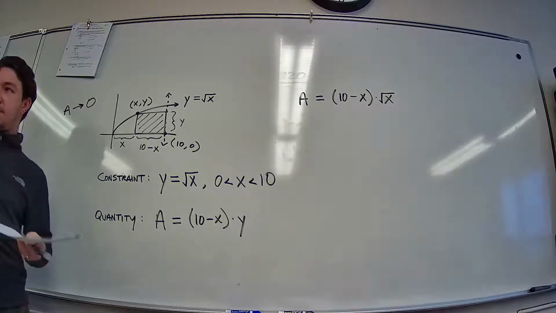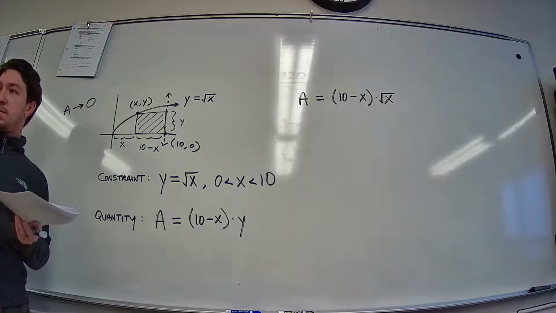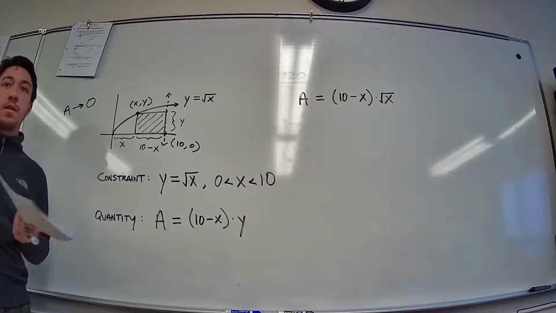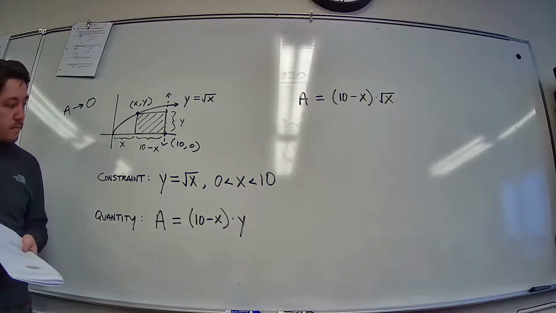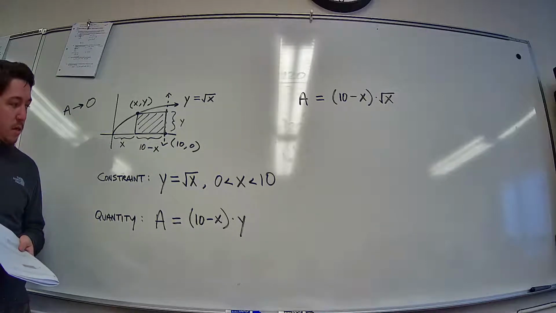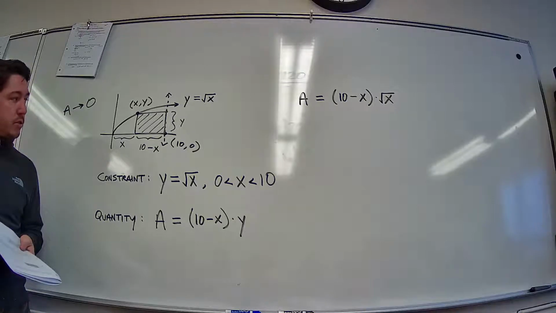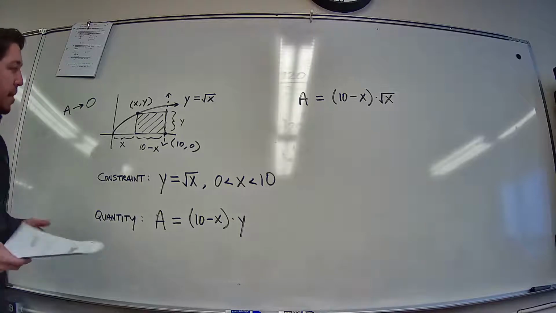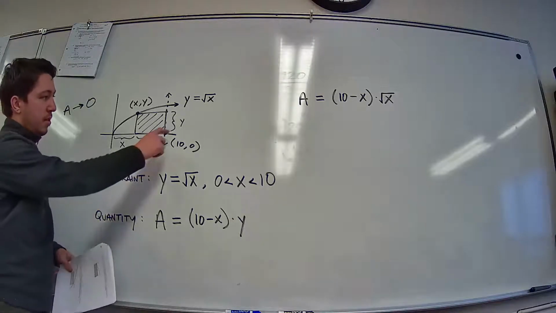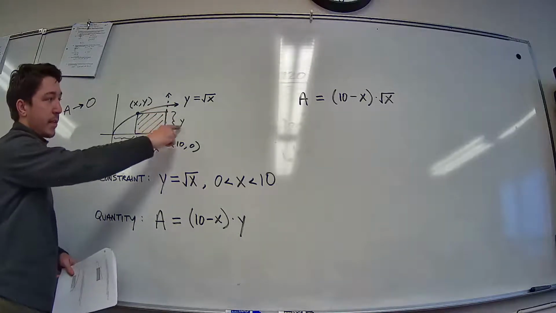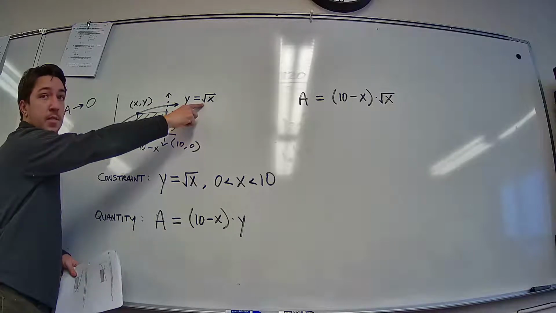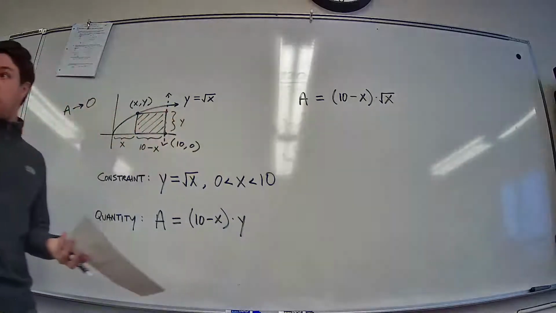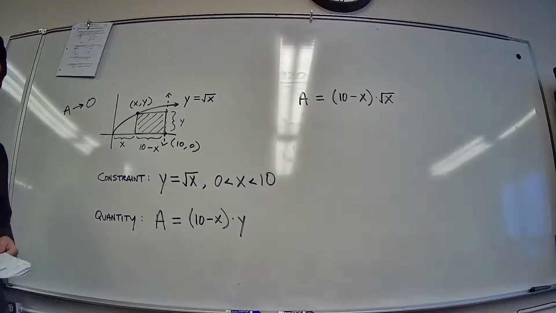You guys back there got questions? No? Does it always reference the constraint? Pretty much. Yeah, because, do you see how we might have been able to get away with just writing this height of the rectangle as square root of x and going directly to this? Does everyone see that? That is certainly viable, but